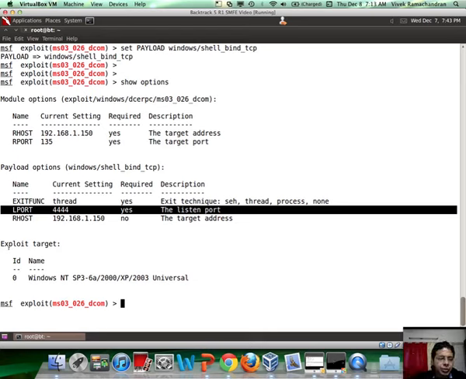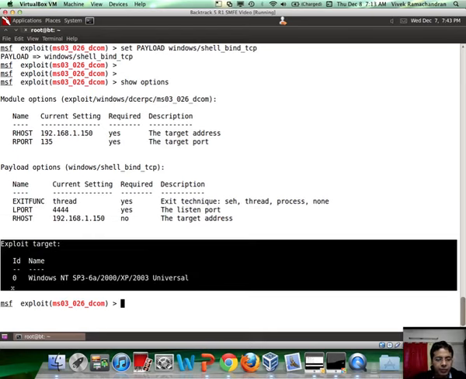Now, in many cases, you may also have to set a target. What I mean by this is, let's say you have the same vulnerability, however, the way in which we exploit it, or something called offsets, could be different for different operating systems in question, right? We'll come to all of those complexities a little later. So there's just one universal target which is fantastic, which is it works for all operating systems which are vulnerable to the current problem. So at this point, all we are going to do is hit exploit,